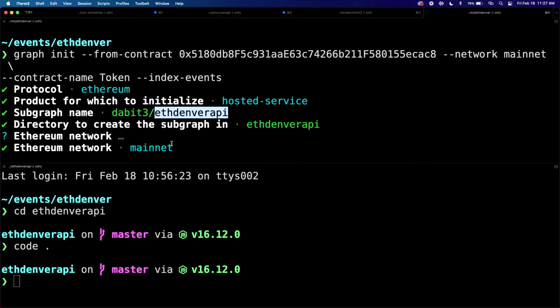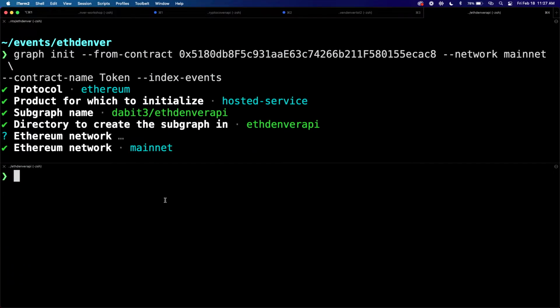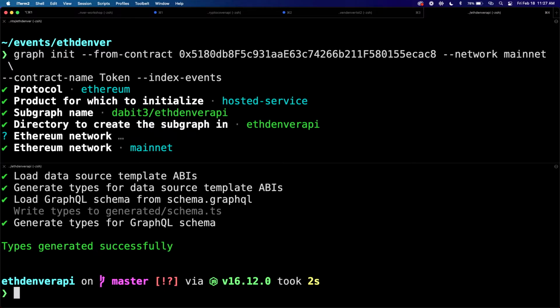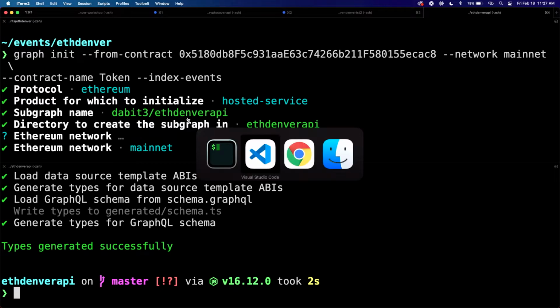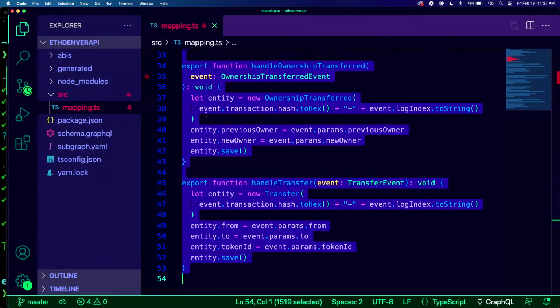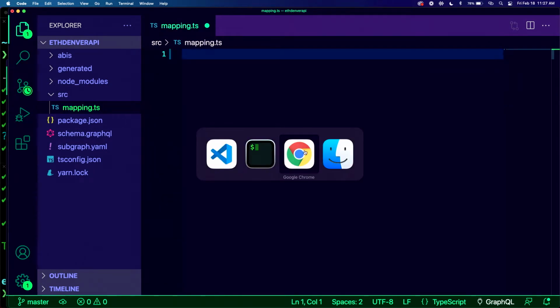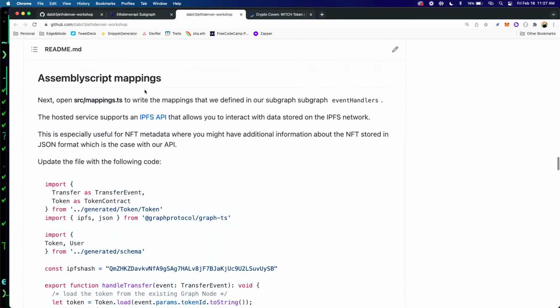And I can go to the terminal and get some boilerplate code that we can now use in our mappings based on our GraphQL schema and our subgraph.yaml by running graph codegen. And this is going to introspect our GraphQL schema. It's going to give us some nice types as well as some APIs for interacting both with the graph node as well as the contract itself. And it's going to generate those for us in a folder called generated, and we can now use those in our mappings. So I'm going to go ahead and delete those,